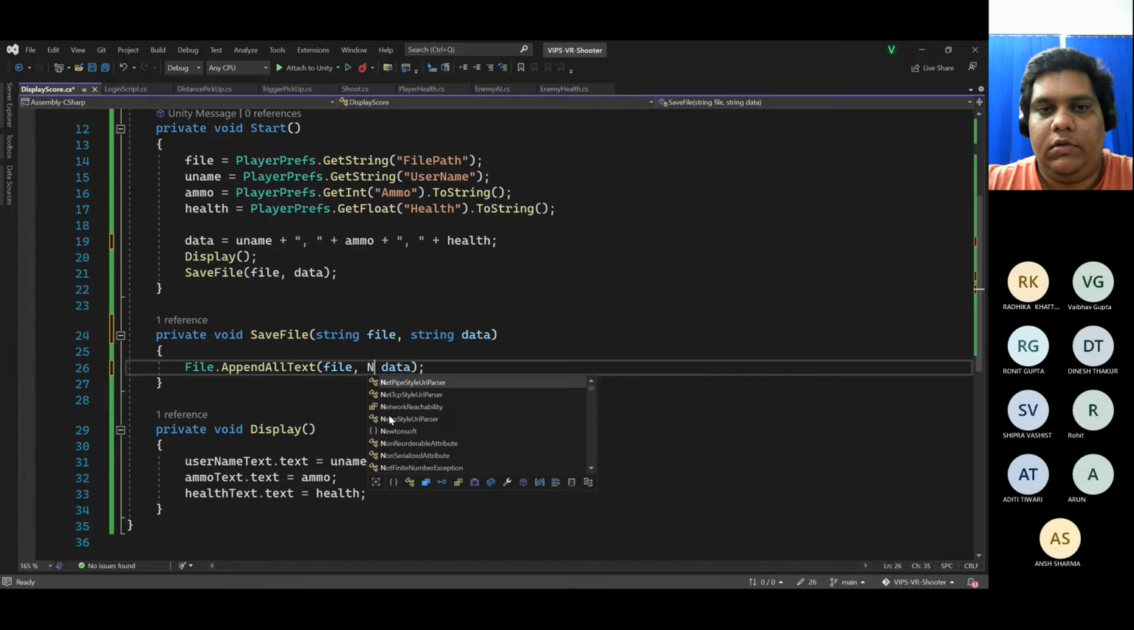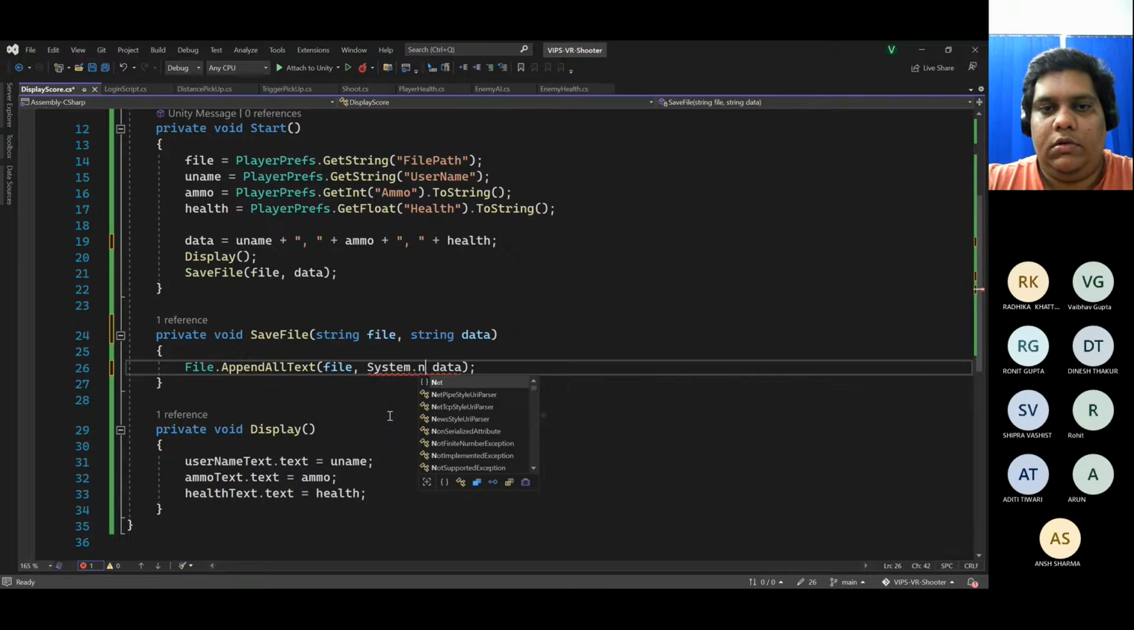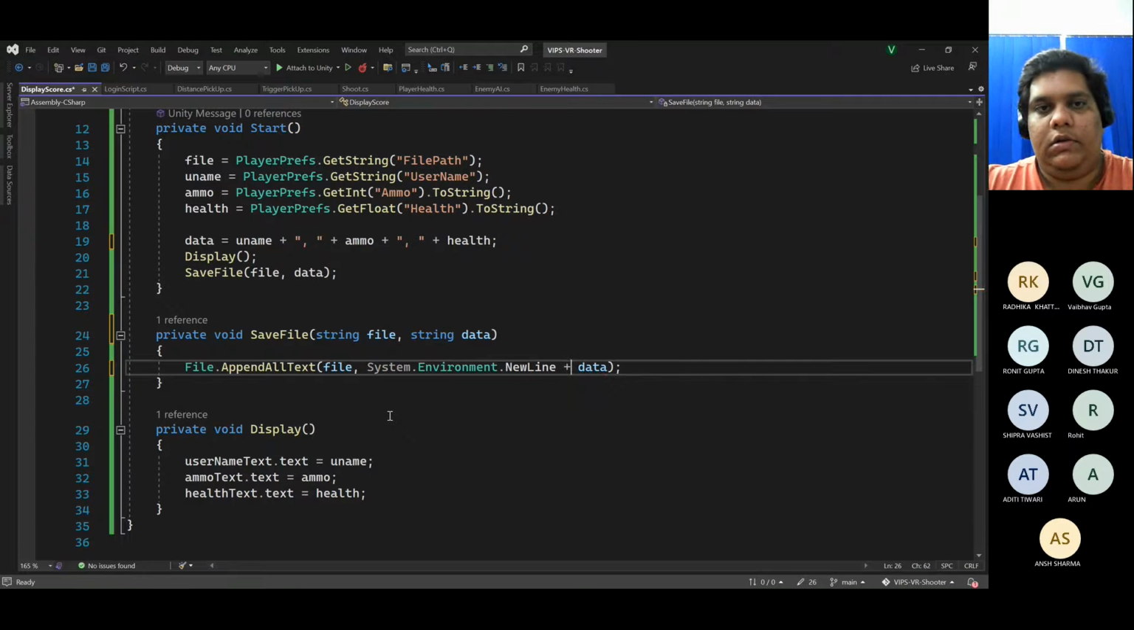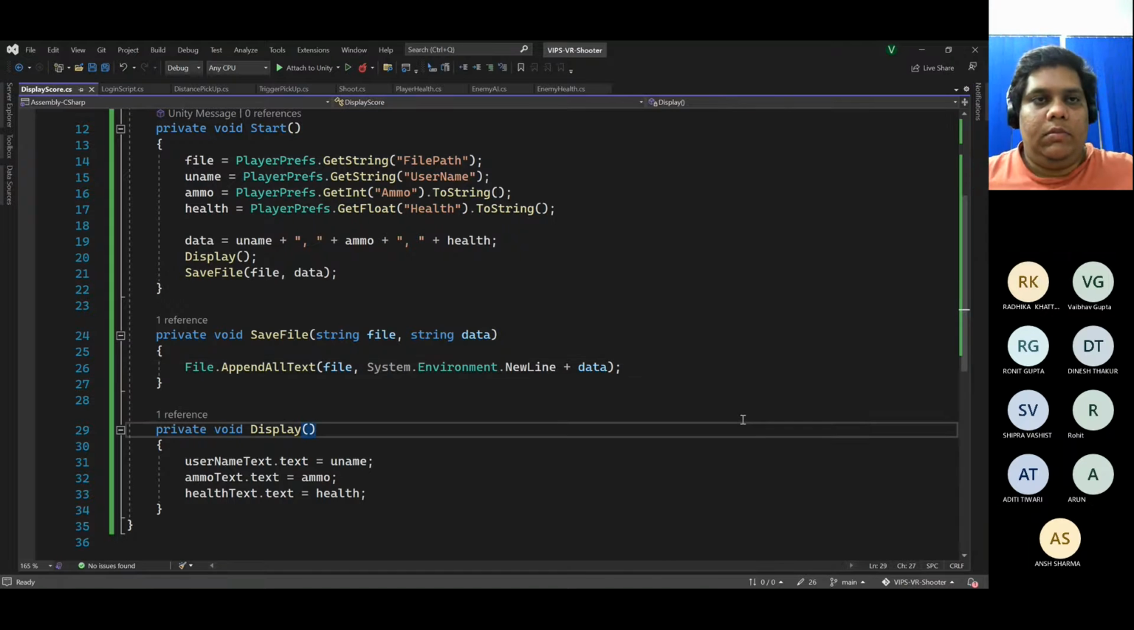So now I just need to do system. Sorry, not environment. New line as data, and it has been passed here as a string. Yeah, so now all set up for this. Sorry about the time it took to figure this out. And yeah, so now what we need to do is